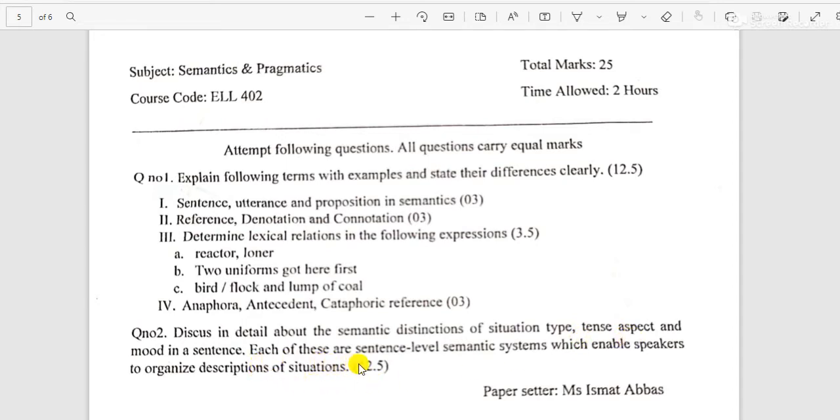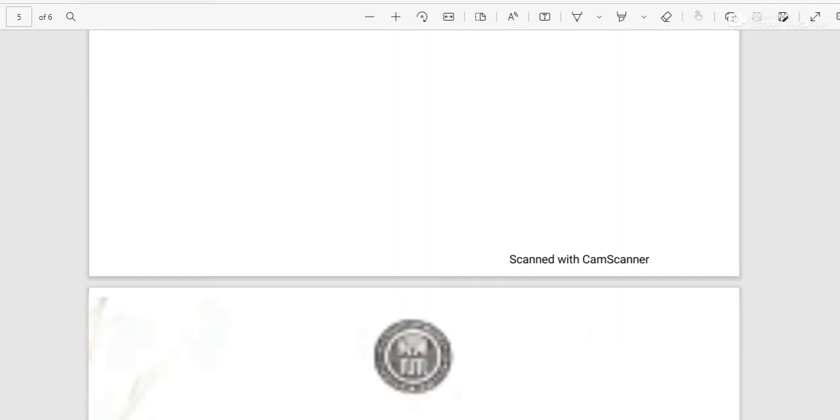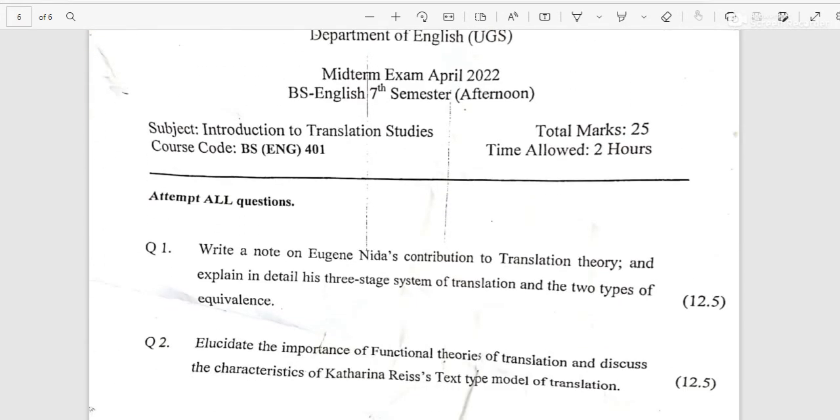Each of these are sentence level semantic systems which enable speakers to organize descriptions of situation. And this is the last one, introduction to translation studies. Question number 1, write a note on Eugene Nida's contribution to translation theory and explain in detail his three-stage system